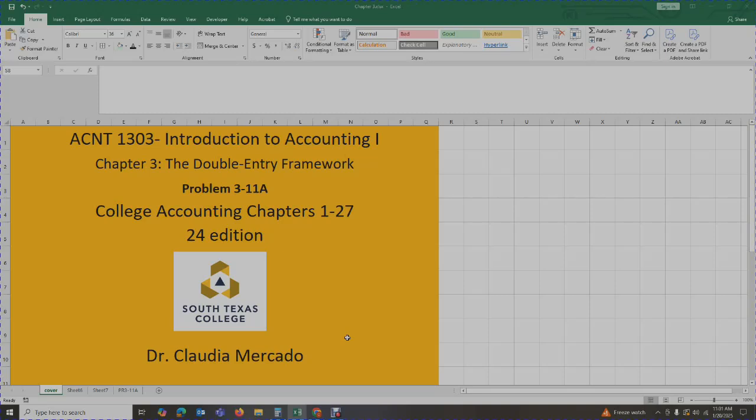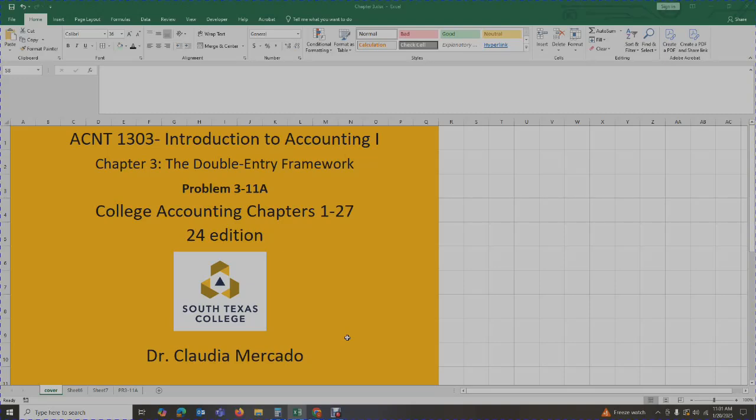In this lecture, we are going to be covering content from Chapter 3, which deals with the double entry framework. In this specific lecture, we are going to be covering Problem 3-11A from your assignments, which you should see on your exam. Now, this is a very comprehensive problem dealing with posting transactions into T accounts and then preparing a